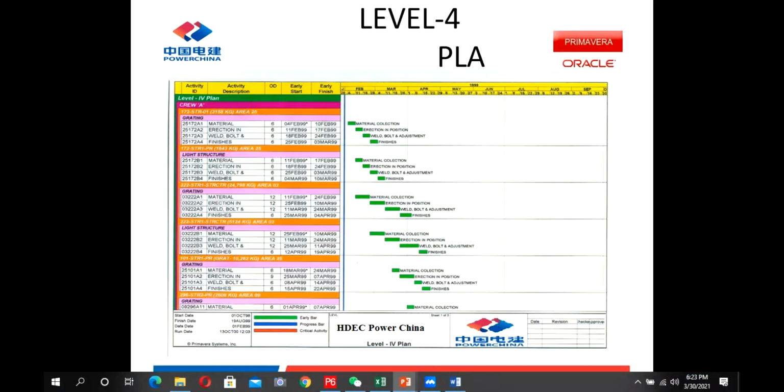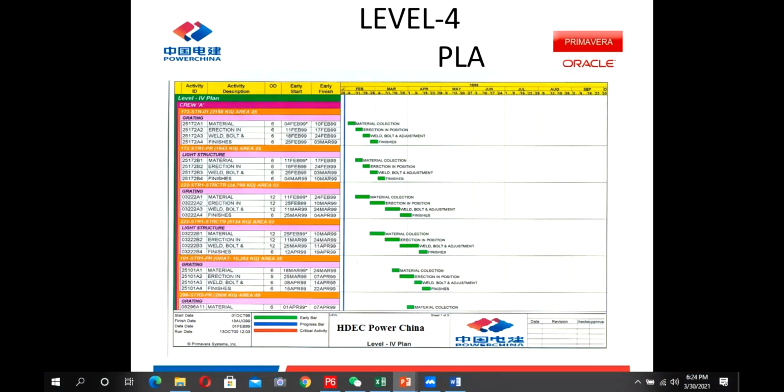Level 4 we go up to equipment. What is level 5? In level 5, in equipment, you know there are different tags in every equipment. So in level 5, you go to the tag numbers. What is level 6? In level 6, in every tag number, every equipment has many parts. You go to that part number. You plan up to that part.